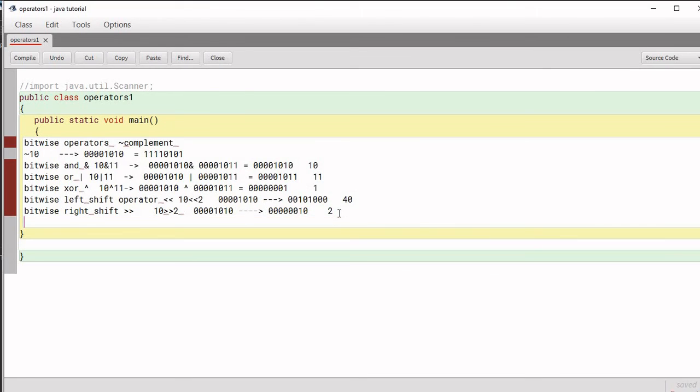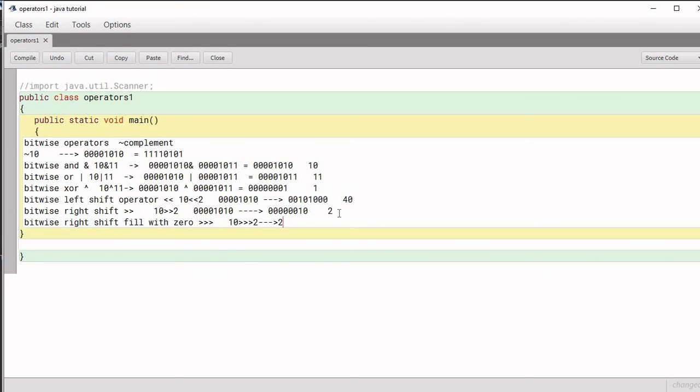Understand? Now there is one more operator, the bitwise right shift filled with 0, the unsigned right shift. If we work with positive values, it gives you the same result as the right shift operator. If you perform it like this, you will again get the answer 2.